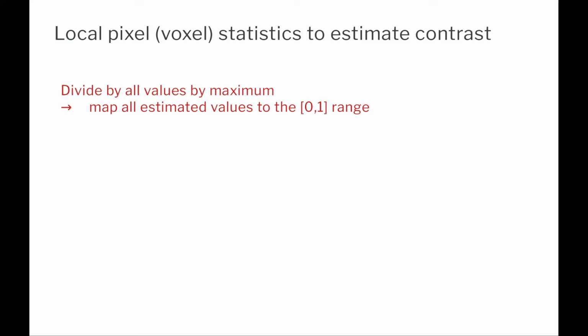The mathematical simplicity behind getting from the contrast level to the occupancy in this case was just to divide all of the values by the maximum value. This is a very naive way of mapping all of the estimated contrast values to the 0-1 range, where we can interpret 0 to 1 as 0 to 100%. So where we see the highest contrast, that would be 100% occupancy regions, and then gradually fall off down to 0% occupancy, where we have complete loss of contrast.